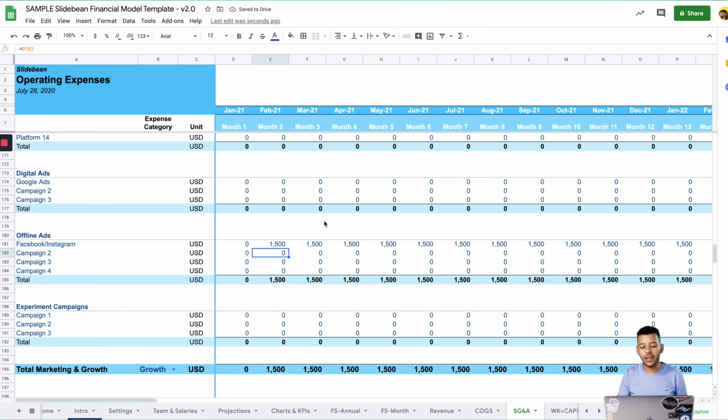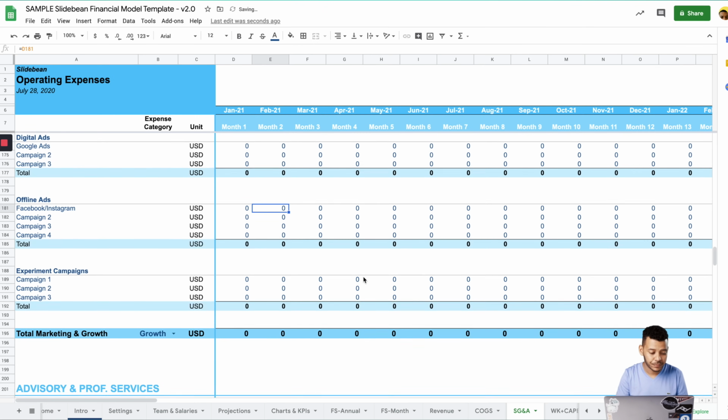Ideally, you want to connect these numbers to growth. So, out of X amount of ad budget spent on this group, what's the acquisition cost? I don't know, 100. So maybe that's 15 customers. So you can go to the revenue sheet and connect this expense to your cost of acquisition, and then estimate how many customers you're getting. Like I said, we've built models that already do this, but this is the blank canvas that you can customize